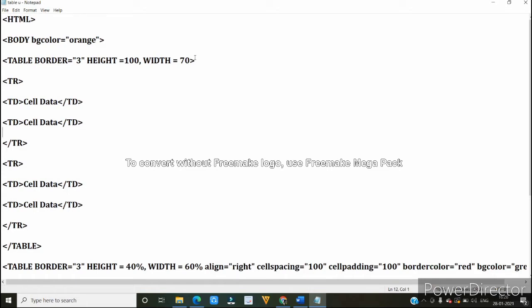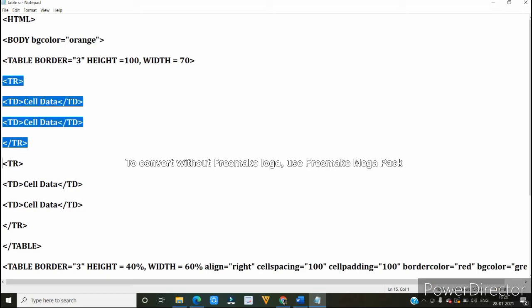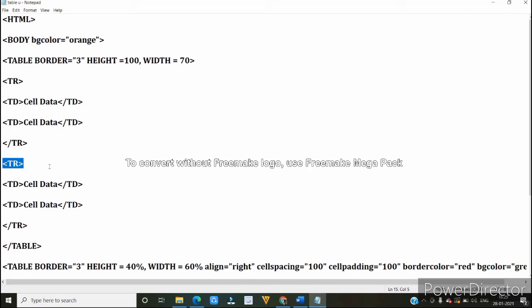The tr tag gives a table row to the table, and the td tag is used to write the content inside the table row. Now I have created one row and closed it. This is the whole sample for one row. Now I have again created a second row with the same tr tag followed by td, and I have closed the table row also. Now finally I have closed the table tag.